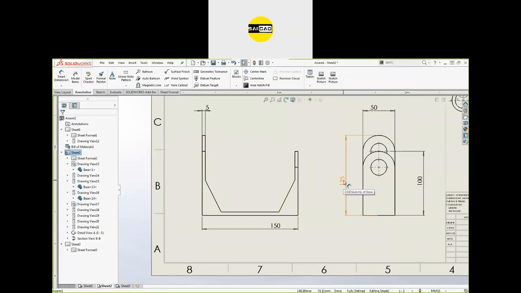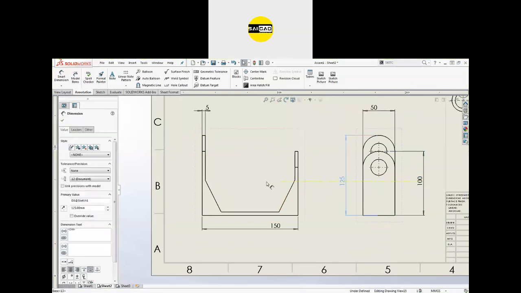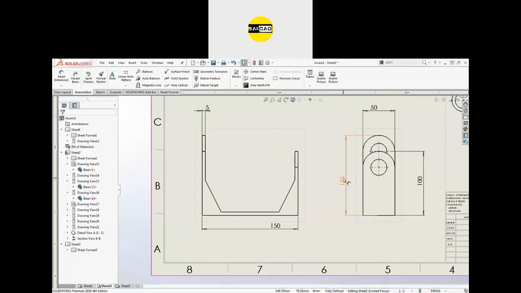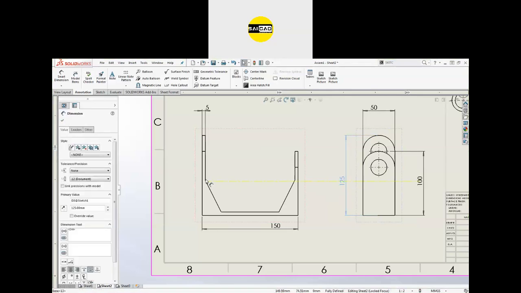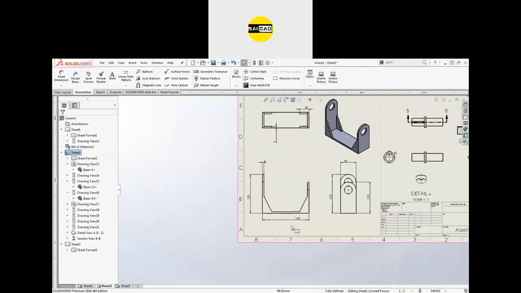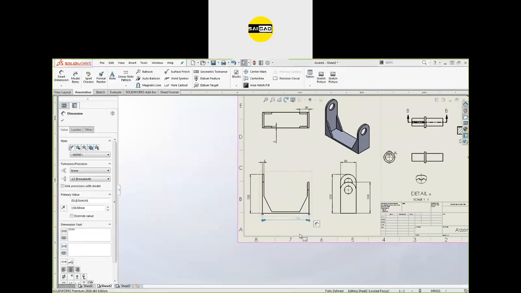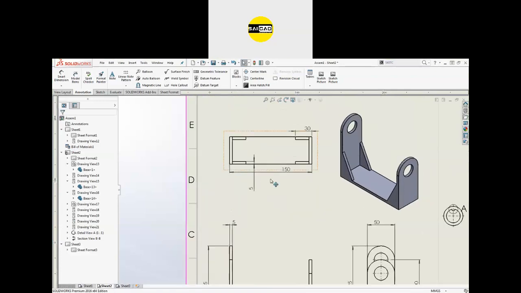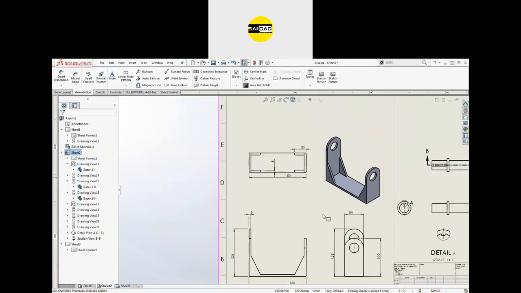You can just copy with control, drag it where you want it, and place it. It's stuck, so you can just place that right here. In this way you can copy, like I want to copy this one, so select it, press control, and drag it where you want it. So you can see we have the dimension here that is on. In this way you can create or copy your dimension from one view to another view.